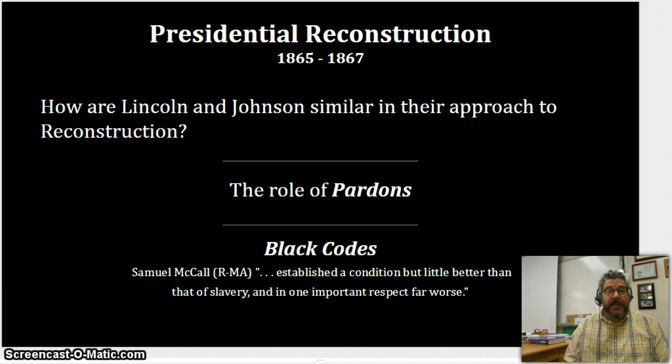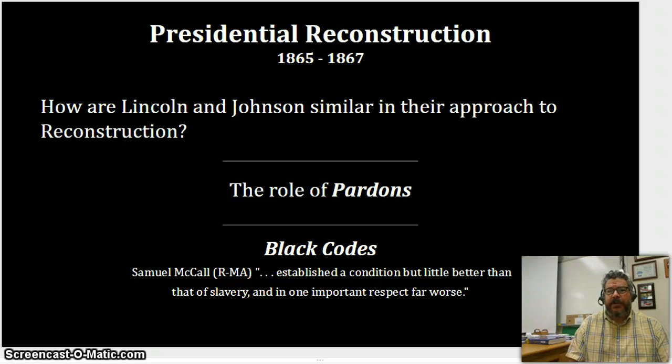They're similar in that they both see as the primary objective the reestablishment of the Union and the reintegration of the southern states into the Union. And he's going to take off of Lincoln's 10% plan and really beef it up a little bit. In addition to excluding Confederate officials, he's also going to target, as has been his habit throughout his career, rich landowners in the South. And he's going to include them as that group that would be excluded from the process of Reconstruction.